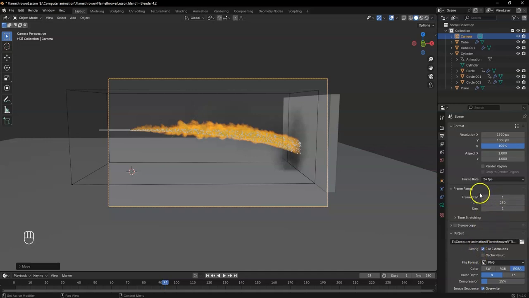Okay, so back up here to the top. When you do this, you can set this to a certain amount of frames. So let's say we want to render out just the first 20 frames. Your start frame is 1 and your end frame is 20. You can do it that way, and then go up under Render to Render Animation. I'm going to go back to 250 here real quick and just hit Save